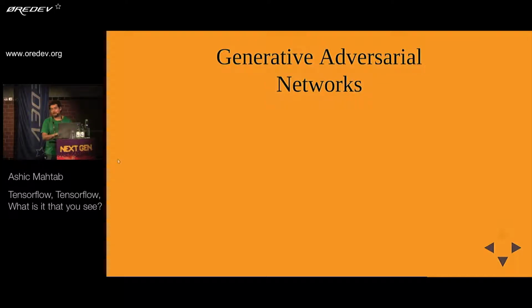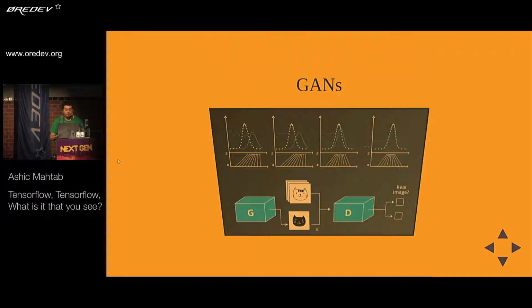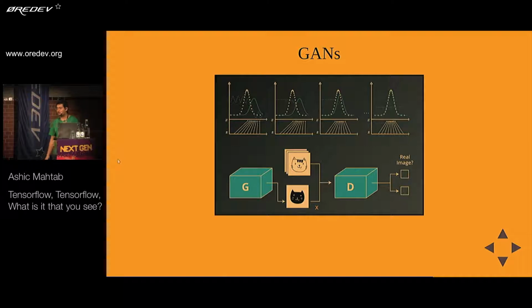So generative adversarial networks, this is one of the most exciting areas in neural networks in decades, I'd say. The idea is that you have a generative network that is trying to generate some data based on its own model, and you have a separate network that's trying to detect whether this data is real or fake. So let's say you're trying to detect fake news. This guy is trying to detect fake news, and this guy is trying to generate fake news. Our detectors aren't working very well. But they're effectively in competition.